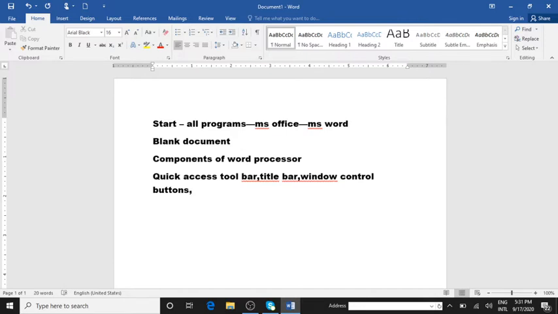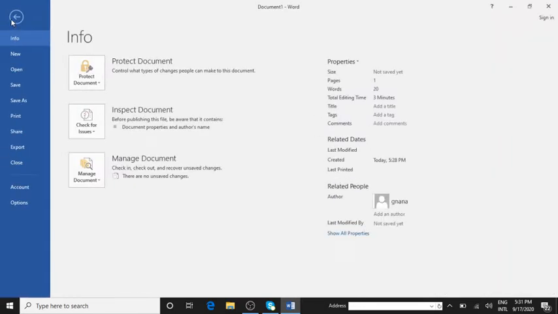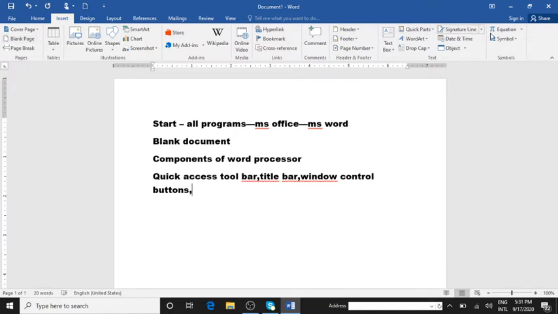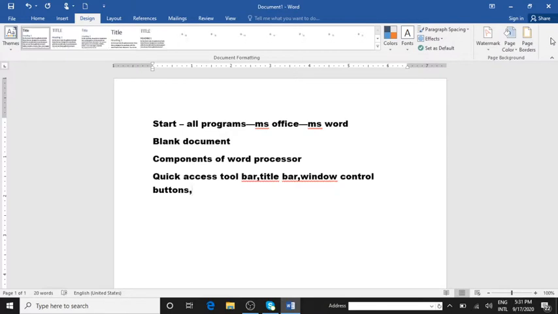Now you can see File. It has different components like New, Open, Save, Save As, Print, etc. Then Home, where you can see different other components here. Insert, again different tools for insert. Then Design, you have different designs here. Each one we will see in later classes.